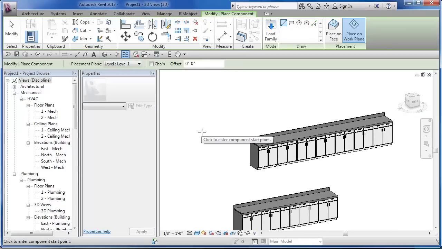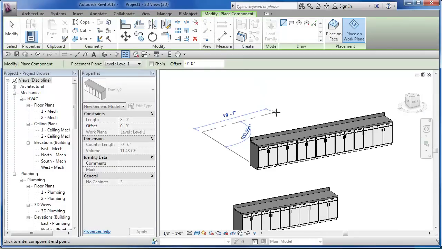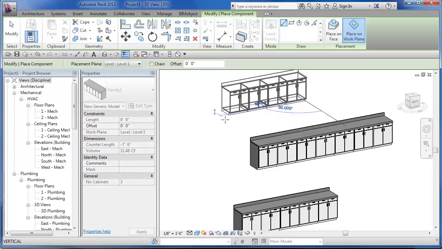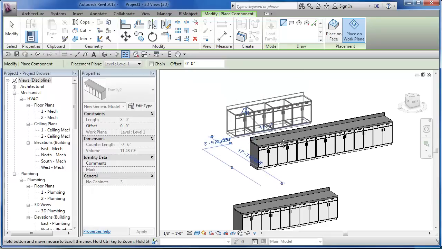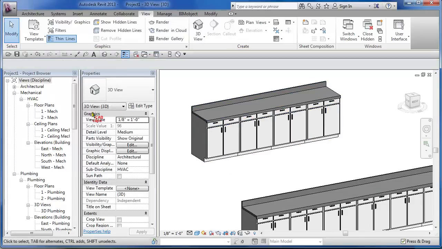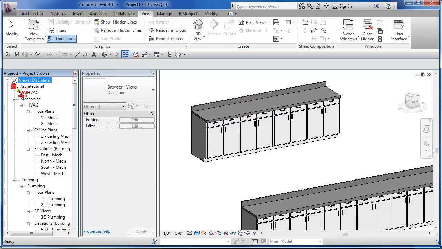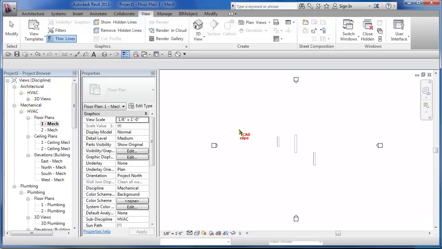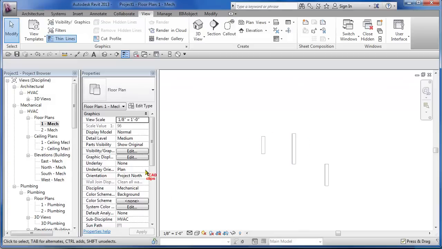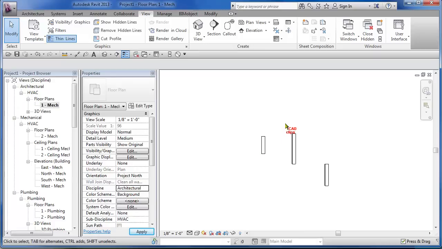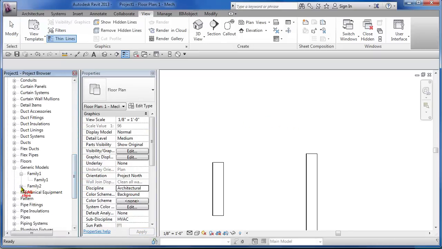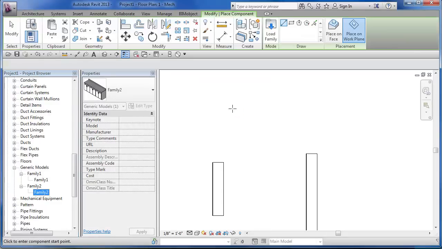We've got our previous one inside of there, but in the meantime I can click on here and again I'm going in the wrong direction. I'll hit escape and pick again. Use my shift key, pick on there, hit escape, escape. So even if I was in a floor plan, okay, I'm using Revit 2013 here, and I started with a mechanical template file, so I just want to change my discipline to be architectural. So if I go down here to my families, I can go grab that family 2, click on here, drag it in,